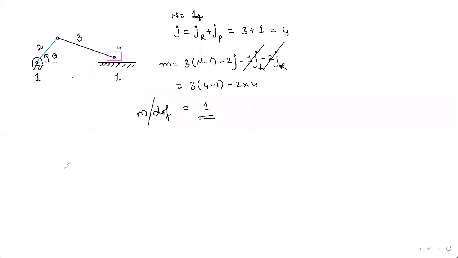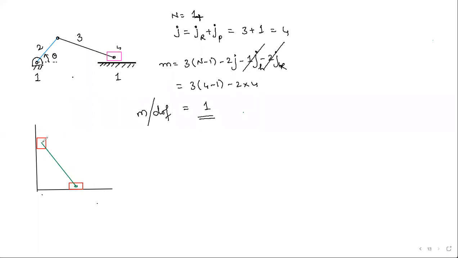Now we'll go to the next problem and find out the degrees of freedom here. Let's take this problem, and then you have this one. And now you have sliders, right? So this is a slider and this is another slider. And connecting these two sliders, you have a connecting arm. Yes, and these are revolute pairs and those two are sliding pairs. Now calculate the degrees of freedom for this.